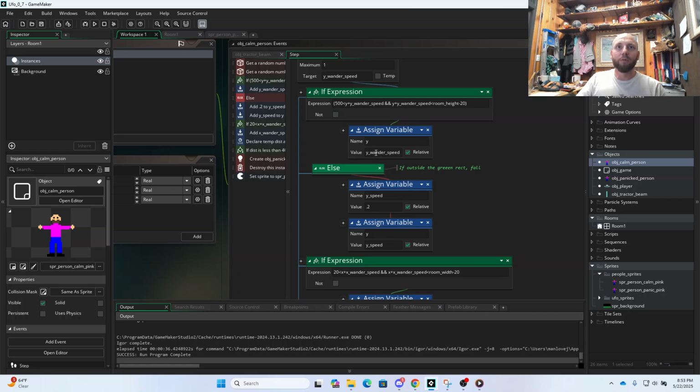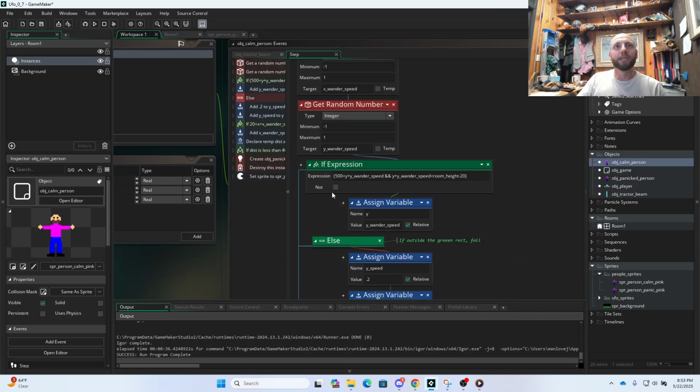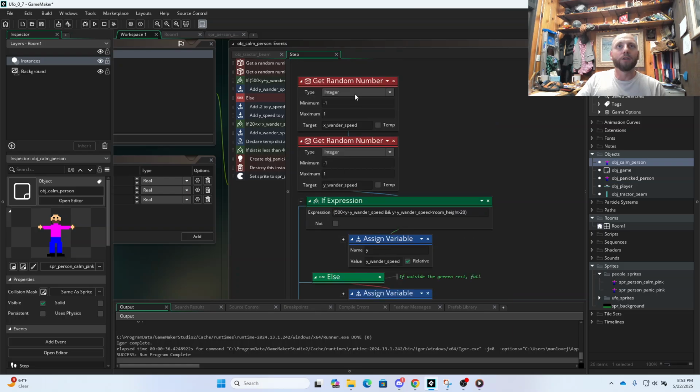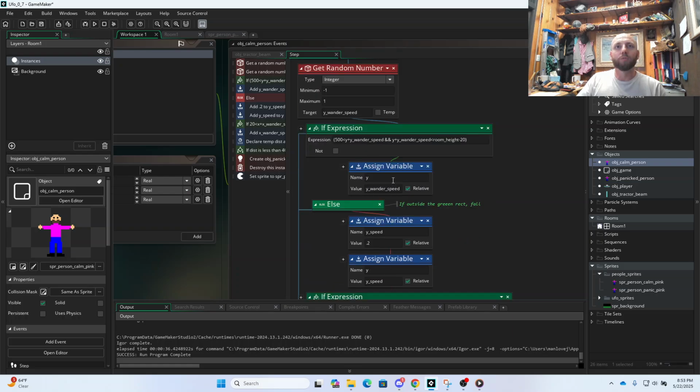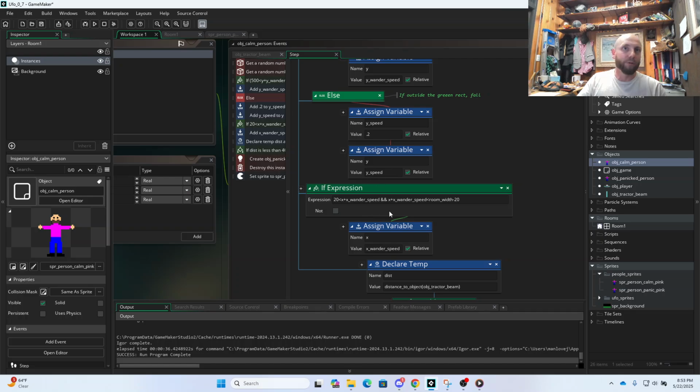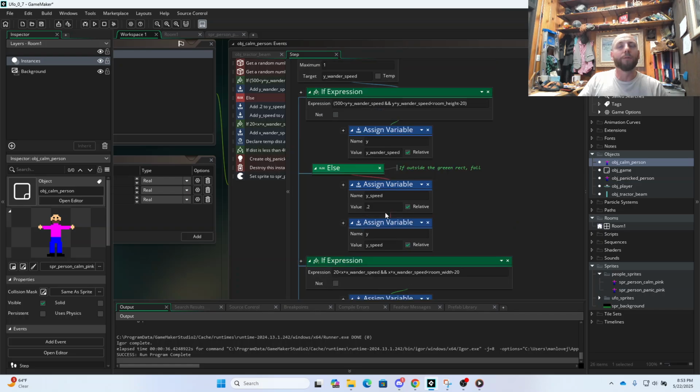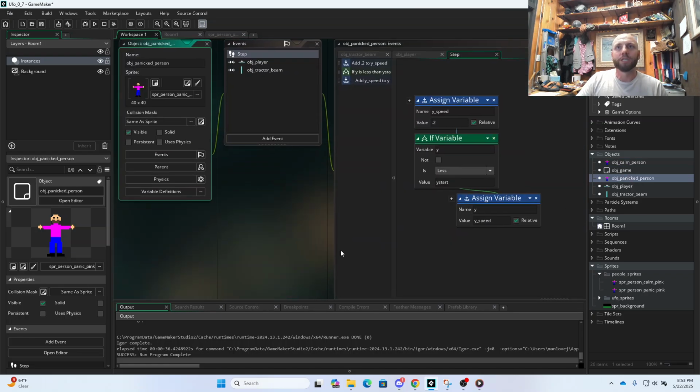Okay, so here we had these wander speeds. We got those by taking some random numbers. If they were in the box, then they could wander around. So I think what I'm going to do is go into our panicked person